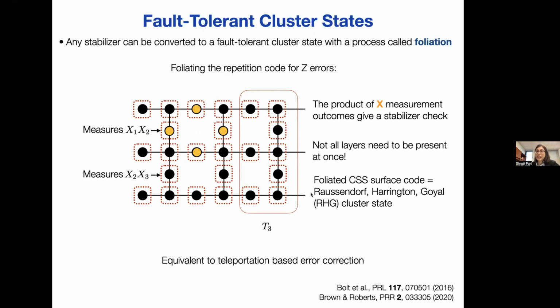It turns out that if you take the regular surface code and foliate it, you get what is called the Raussendorf-Harrington-Goyal cluster state, or the famous RHG cluster state. The threshold for the regular surface code is the same. If you were to do the surface code in a circuit-based model versus a cluster state model, the thresholds are actually the same. Of course, the devil is in the details. If you were to actually implement a surface code, you would need CNOT gates or C-phase gates. But if your system cannot do a CNOT or C-phase gate, or if those gates are really bad,